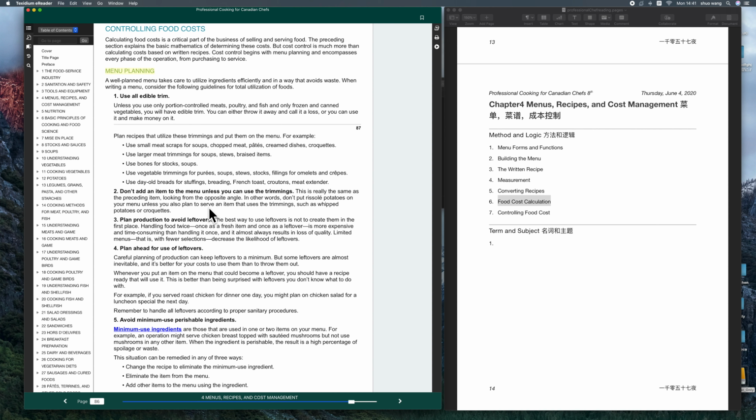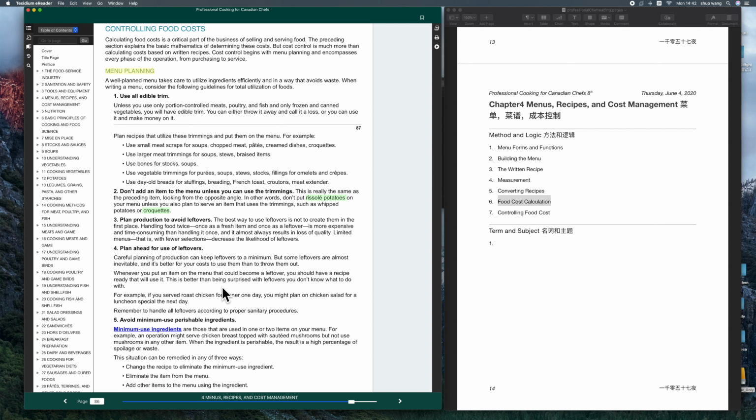In other words, don't put Rosti potato on your menu unless you also plan to serve an item that uses the trimmings, such as whipped potato or croquettes. 这两个是这个是一个土豆做法，有可能是煎的。煎的话，它就要把那个2头削平，那样就会有一个很大的那个 trimming。所以说，它用这个地方就是用土豆泥就可以去减掉这个浪费。这个词我也忘了，这个我们之后查。